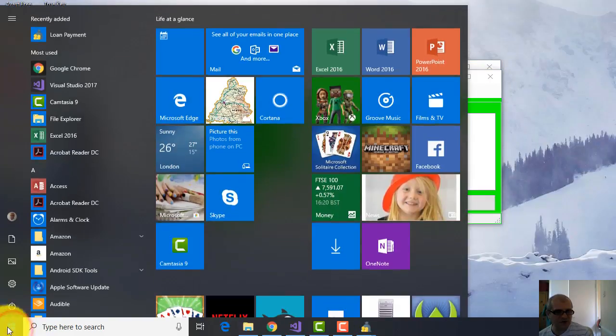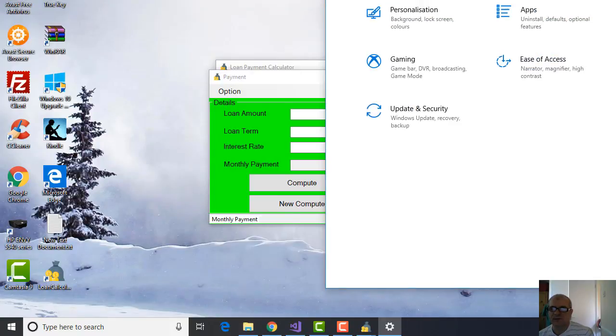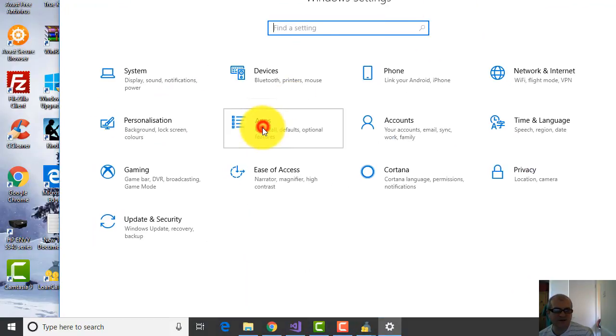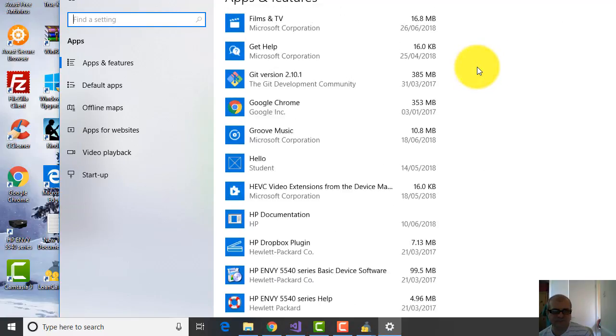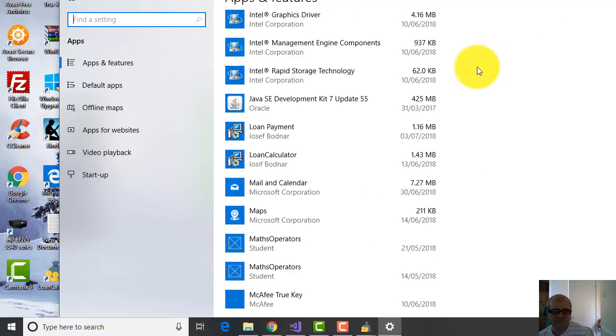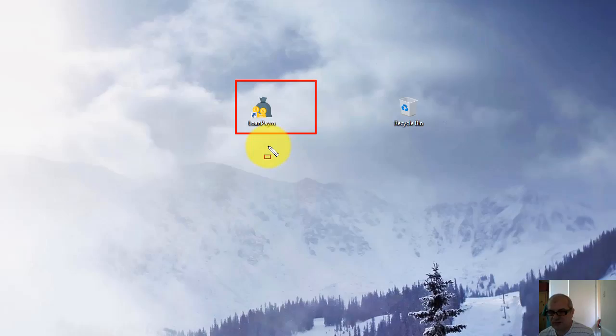Also, I can see this application in control panel, and here in apps. Here you go. That's all for today, and this is the finish of loan payment project. This is the last video tutorial of this loan payment calculator, which completes this series of Visual C# project, namely